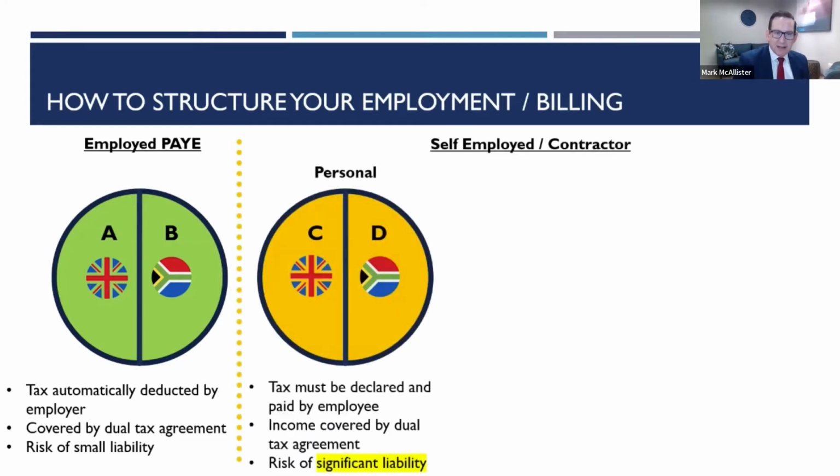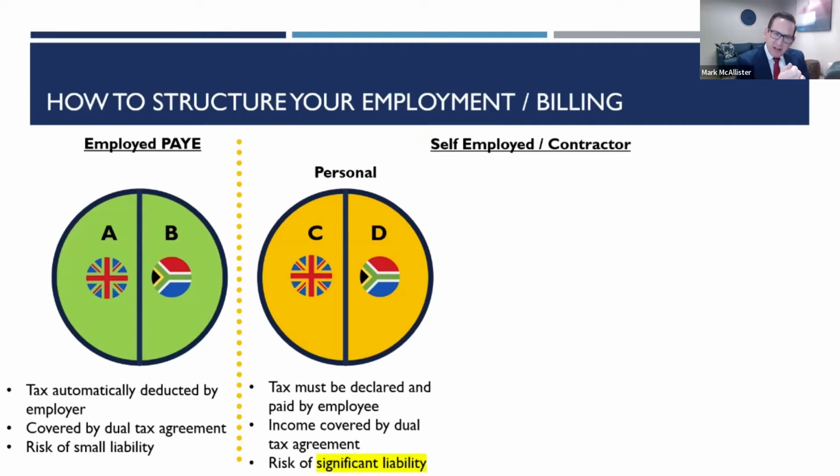What I think a lot of people are waiting really to hear is that there's this dotted line where you cross over into becoming a contractor of some description, and how do you do that? What's the best way to do it? So scenario C and scenario D here are where you're personally a contractor or self-employed. So you're raising invoices from yourself as the individual. Obviously, and correct me if I'm wrong on this here, Jeneen, the tax must be declared and paid by you to the authority that you're reporting it to. Correct. So you're back here in South Africa, you're raising your invoices. Those might be in pounds, but in theory, that's foreign income. So that should be on a South African return in theory, unless you're still UK resident. That's where the blurry line would be.